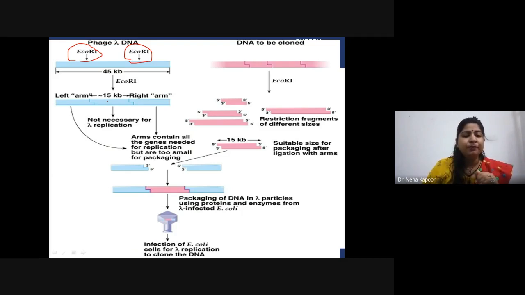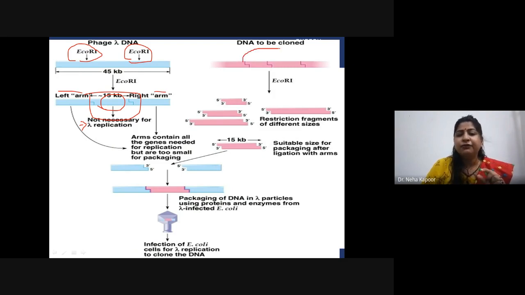So what we do is excise this segment. As you can see, this is the left arm, this is the right arm, and this is the 15 kb region, and we have written that it is not necessary for lambda replication. However, all of these arms contain the genes that are necessary for replication, but they are not necessary for packaging. So we can remove this segment and we can take